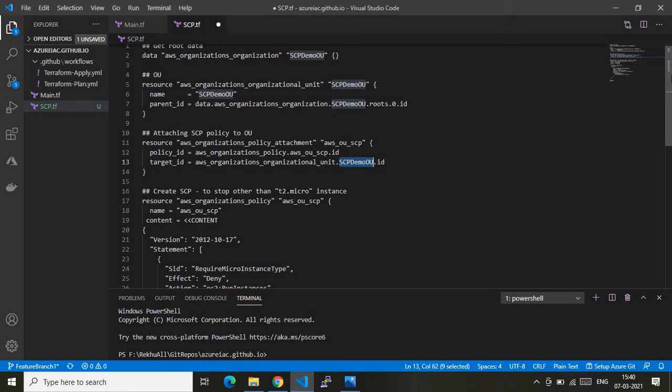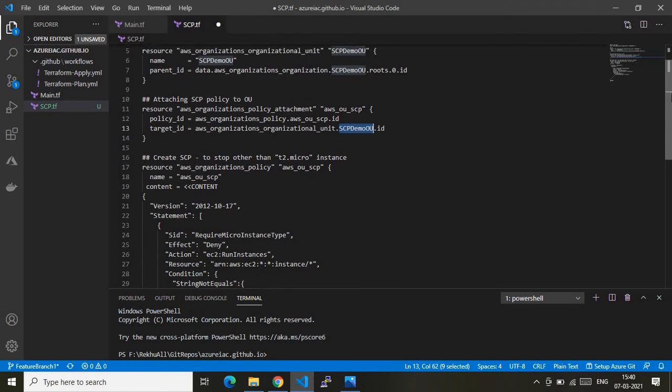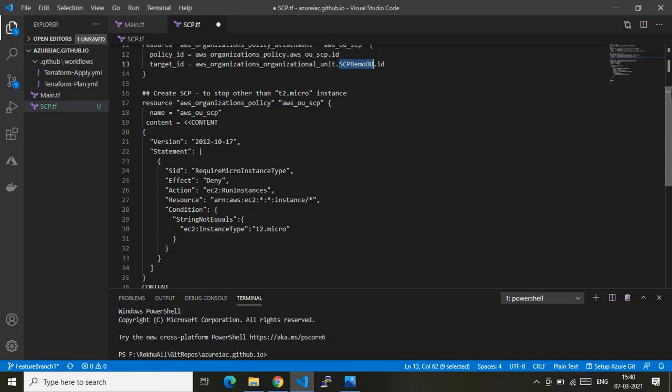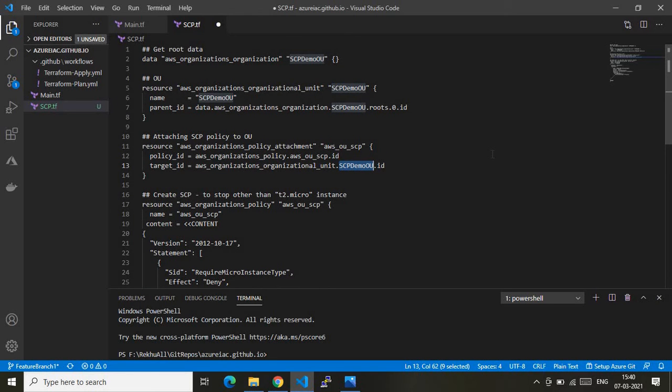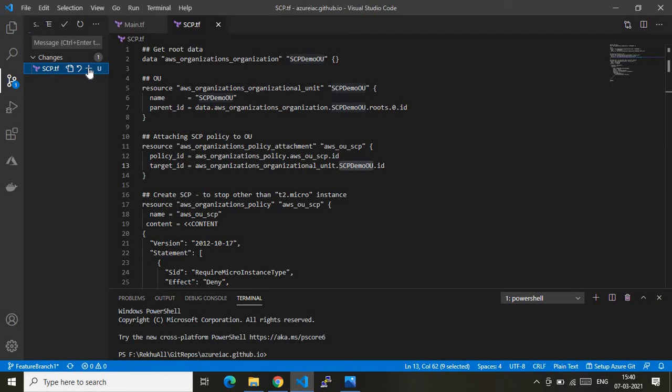Let me make a note for you: please use the video pause option to copy this code. That would help you in two ways. One, you are reading the code, so you are learning the Terraform code. And you will understand it because you are typing it. That will help you remember the syntax of creating AWS resources and also creating data. With that note, let me make a commit of these changes.